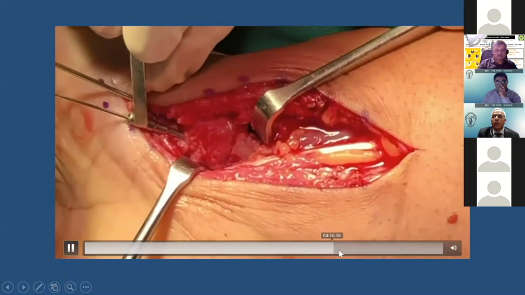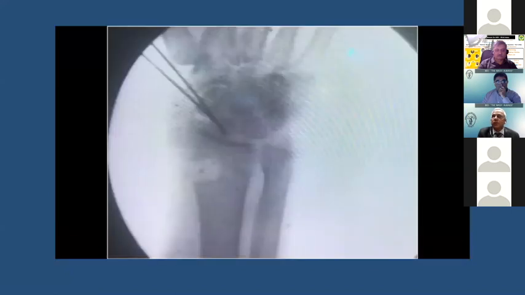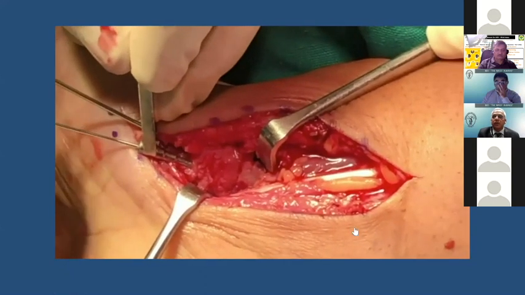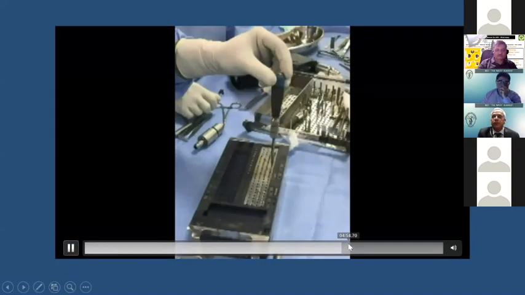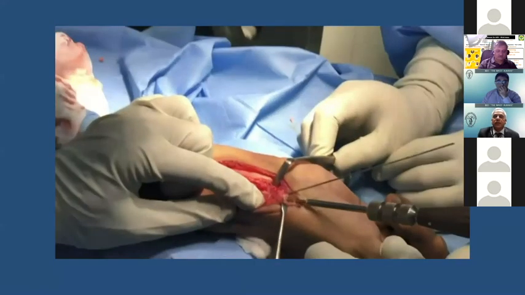The second guide wire along the axis of the scaphoid. Once you confirm that the guide wires are in, one is to hold the fracture, the other is to get your screws through the axis. And then most of you must have used this device, the compression device, or the headless